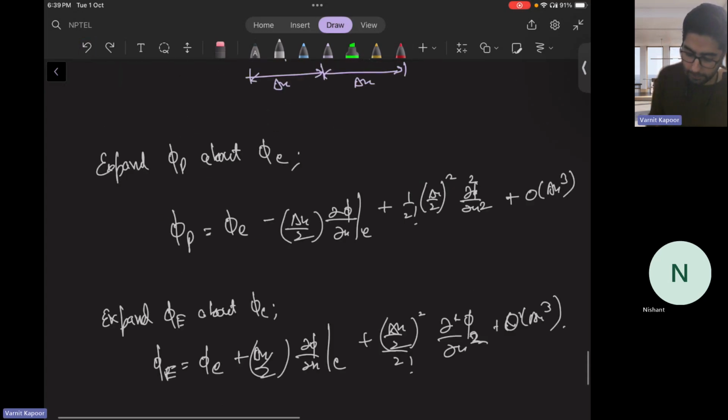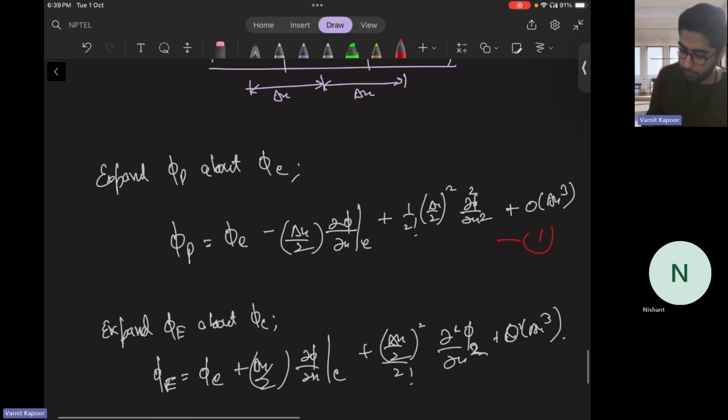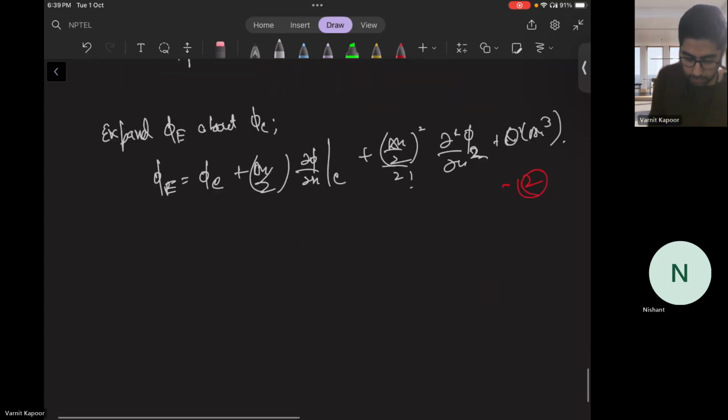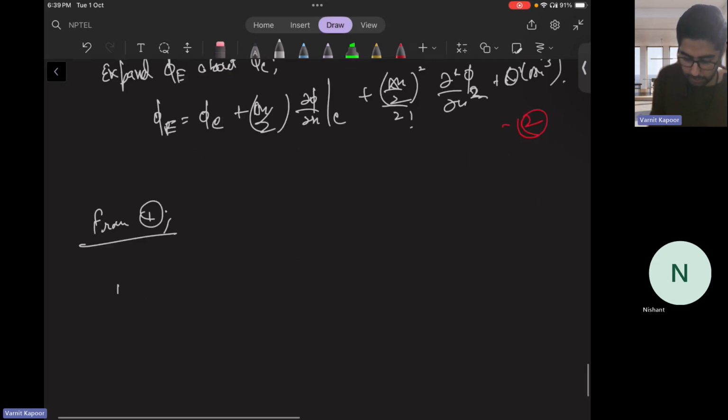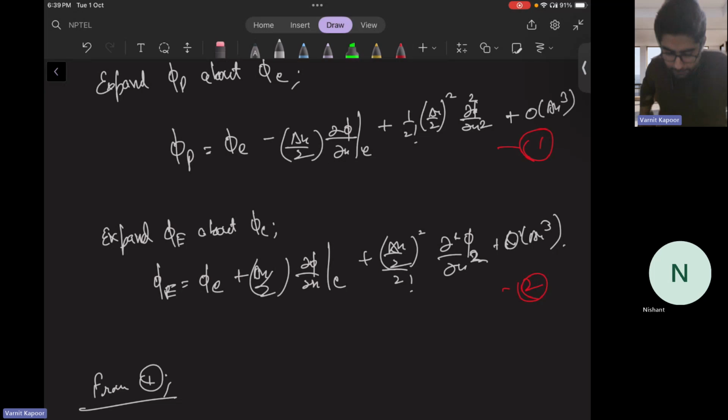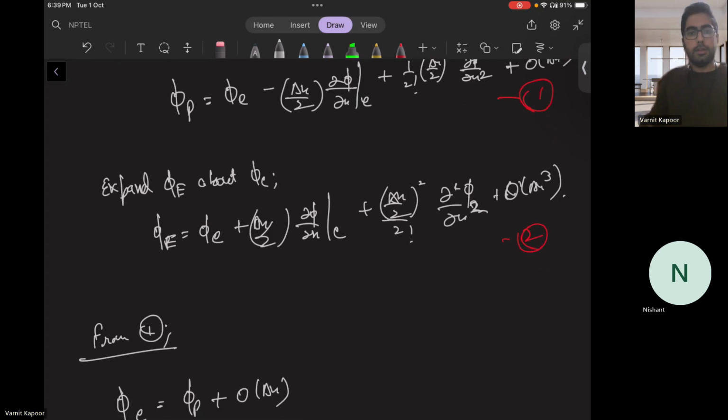So how will you write from the first equation? This is your first equation. This is your second equation. So from equation 1, you can say that phi e will be phi p plus order of del x. You are taking the truncation like this. Okay. Similarly, if you observe